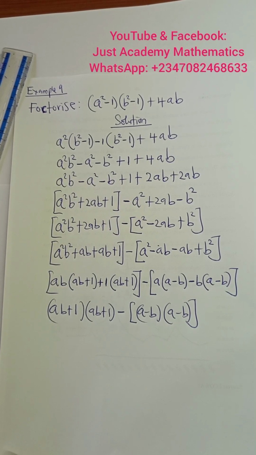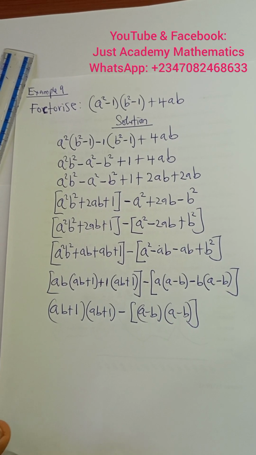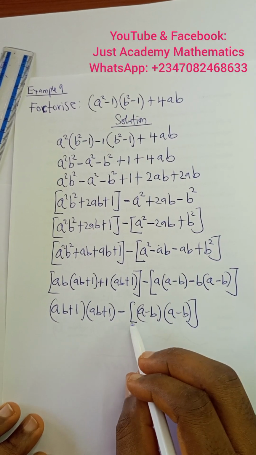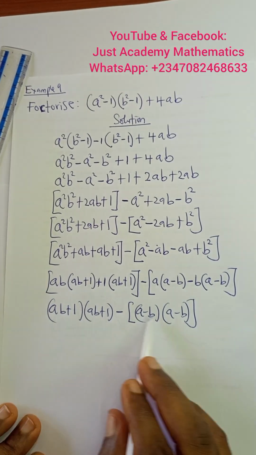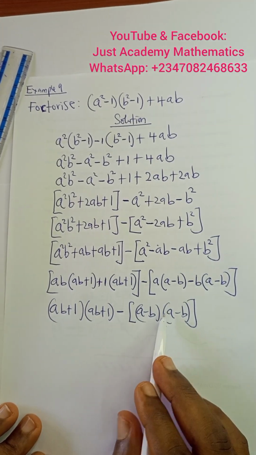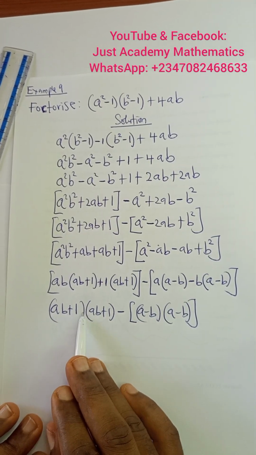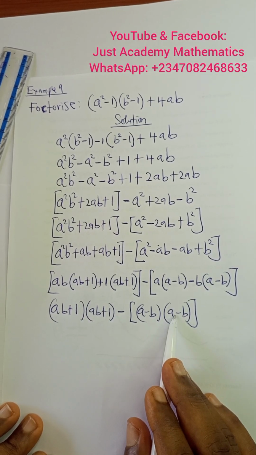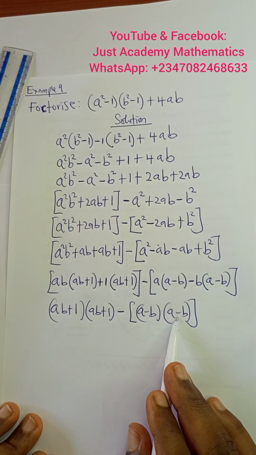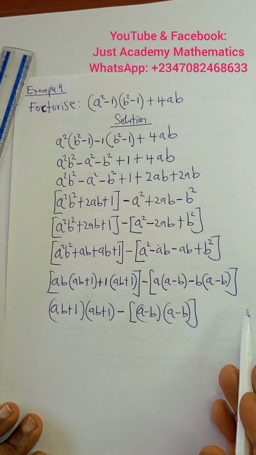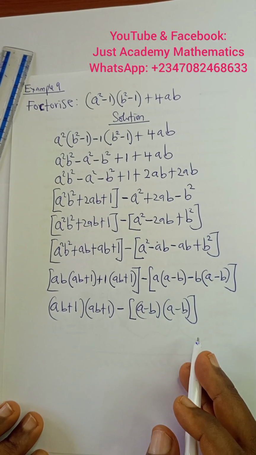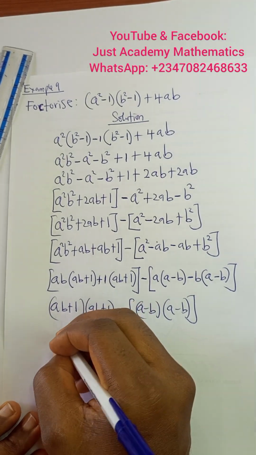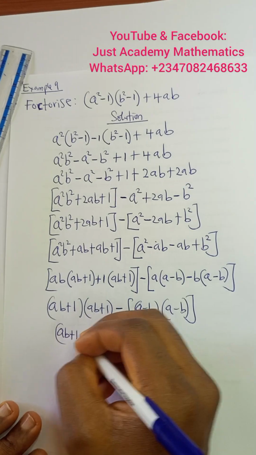So at this stage, there is nothing that can come out because none of them have anything in common. But this is a perfect square. We can put this as a square, we can put this as a square, but we'll rather list it like this. It's not difference of 2 squares. Okay, difference of 2 squares is applicable. Wow. So this is ab plus 1 all squared